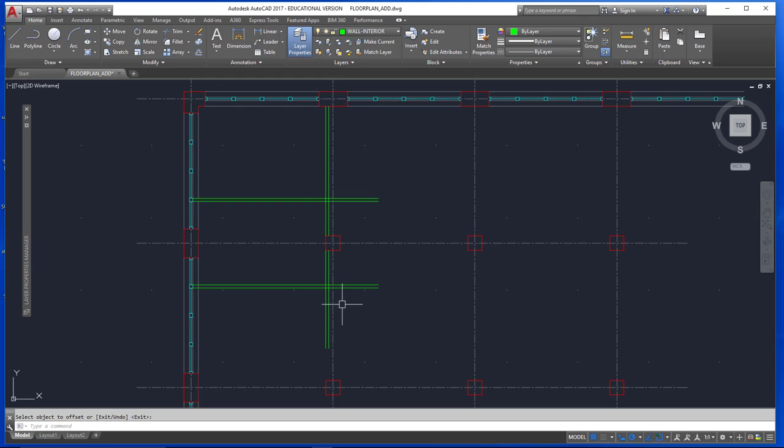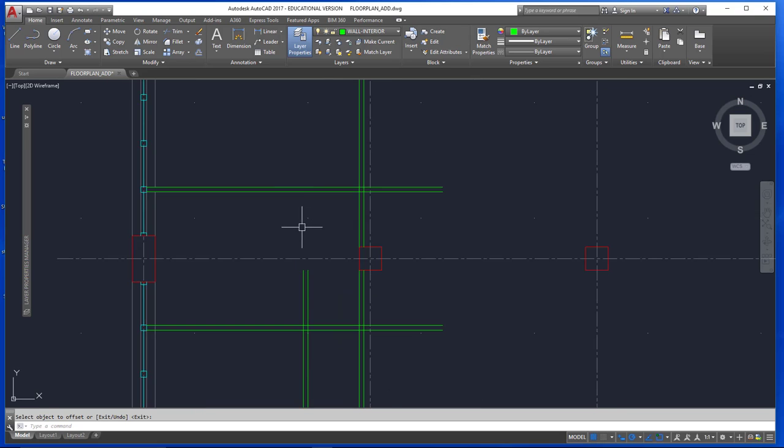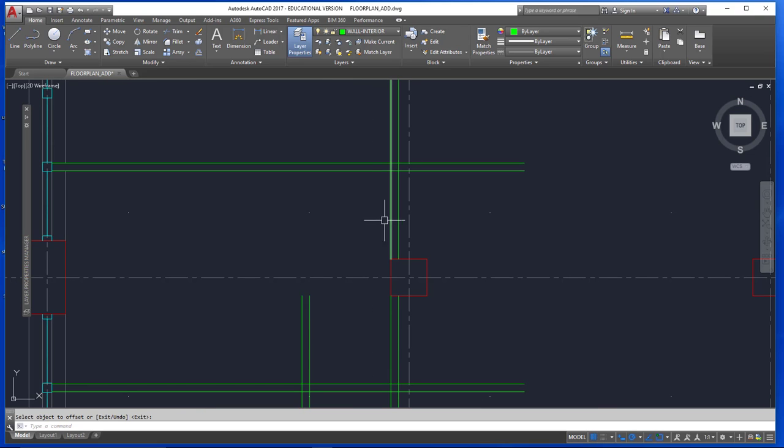Okay, now I see that I can get the other office wall here because I know that the corridor is 4'6". So I offset 4 feet 6 inches, and I just offset this one. I don't offset both of them. I don't need 2 lines here. All right, so I'm going to offset the thickness of the wall 5 inches, like this, and then use the extend command. Now it's very important that you don't offset both lines. If you were to offset this 4'6",